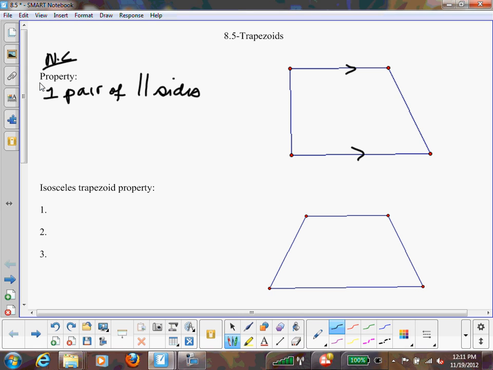Because I also have both pairs of sides being, so it's like either one or the other. Okay. All right, what you do want to say, though, is that